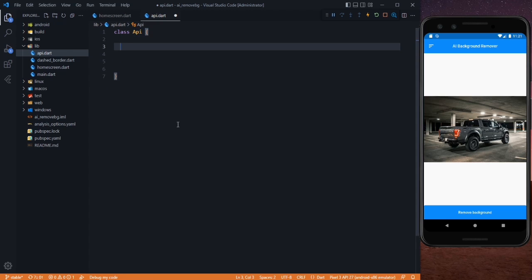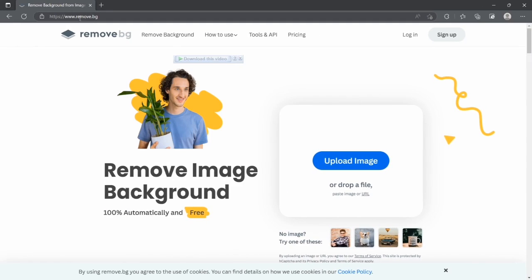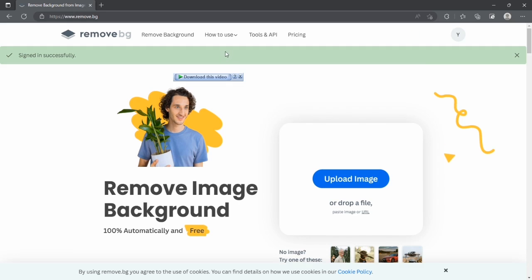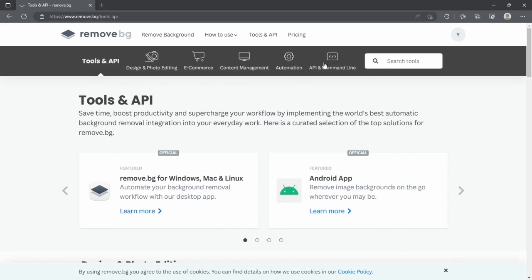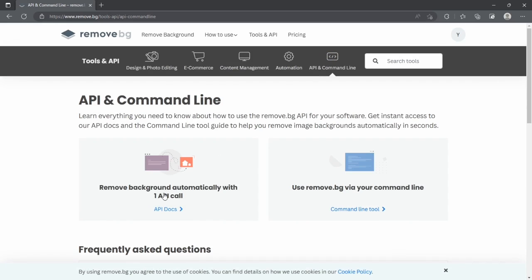For that we need to go to a website which is remove.bg, and in here you need to log in or sign up. So if you don't have any account, you will have to sign up, otherwise you can log in. So I will just log in. So after logging in, we have to go to tools and API, and after that click on API and command line, and after that API docs,